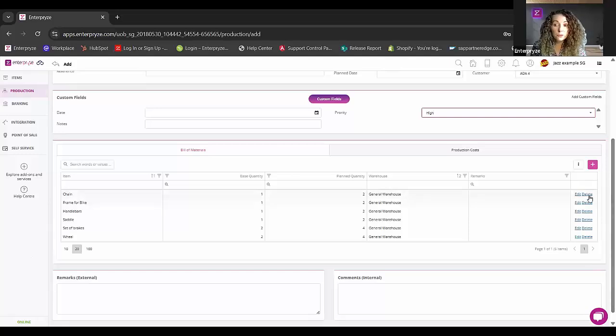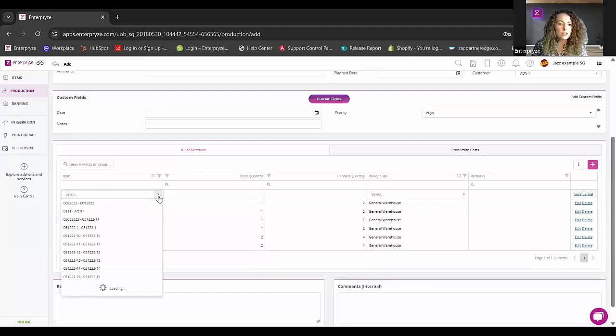So I can remove, so I can delete, so I can decide, in fact, I'm not going to need a chain, but unfortunately a bike is no good to us without the chain, so we'll certainly leave that in place. But I might decide, for example, perhaps the frame that I have here is a standard frame and it might just be silver in colour. Maybe I have a different colour frame I'd like to bring in for this particular production run, so I can swap that out. So what I can do here is I can click on the plus sign and I can